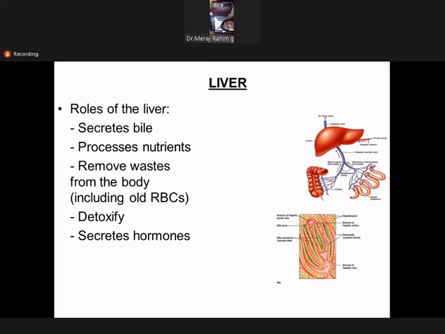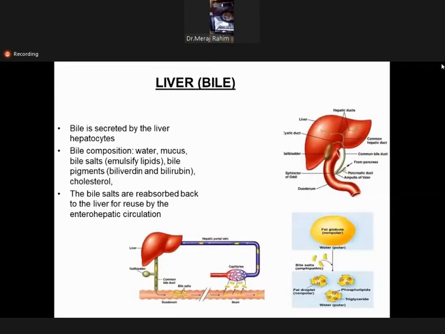So the excess bilirubin, due to the excess breaking down of the RBCs, enters into the liver, and the liver also helps in detoxifying the body from the bilirubin. Okay, so then in the small intestines, there are different hormones also coming. Then coming to the bile, we can see that bile is secreted